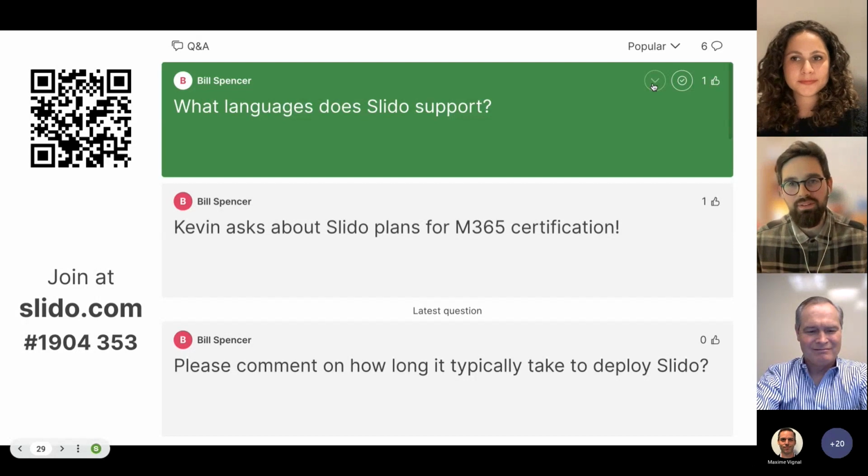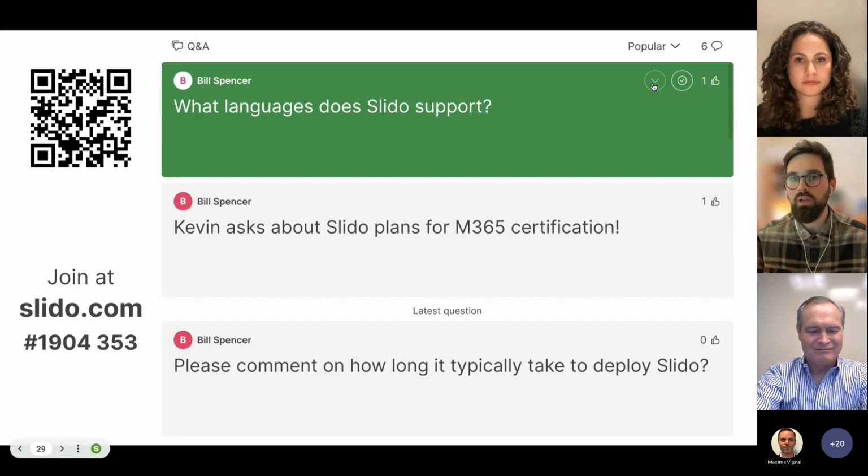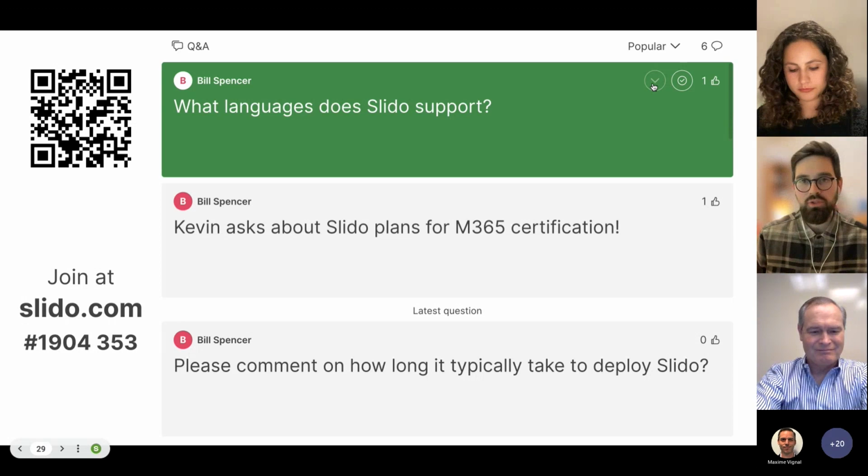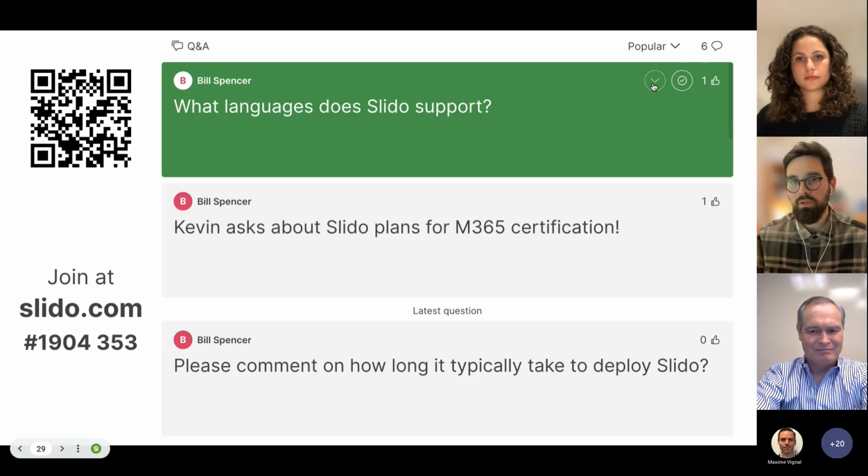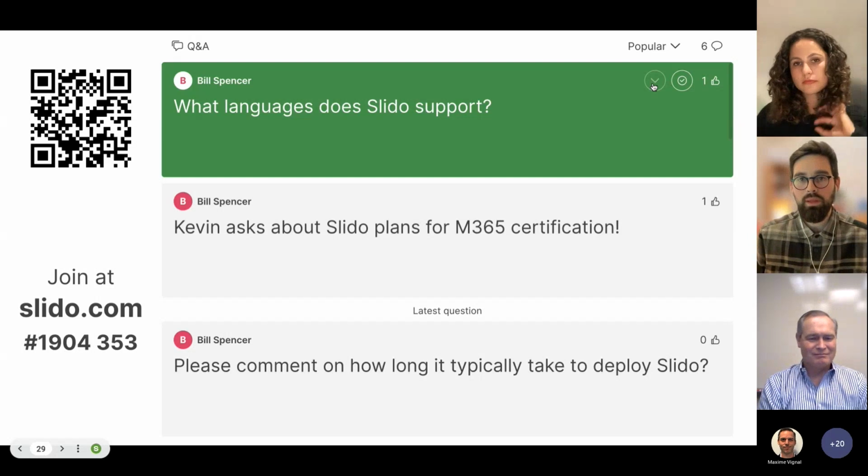I'll take that. So it's English, definitely, but we're working on extending the support. The new version of the side panel that you saw during the demo will support the languages that Microsoft Teams supports. So if there is a different language selected for the meeting client, we would just switch to that language. I think we're currently at 24 languages, but this is coming a bit later.